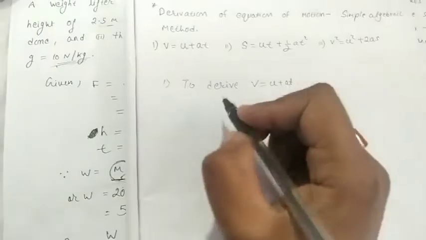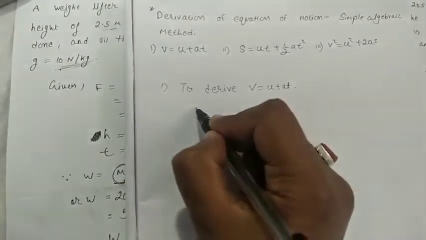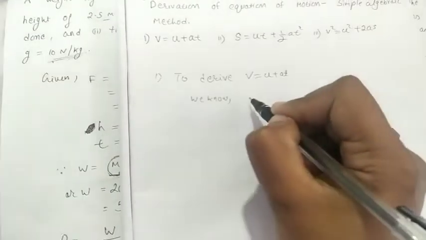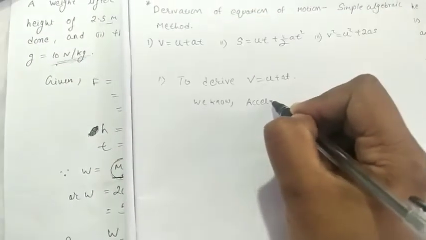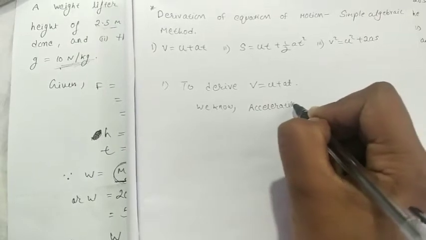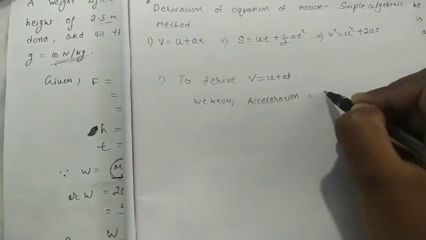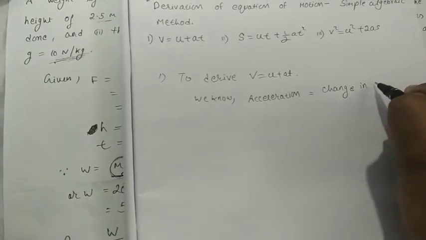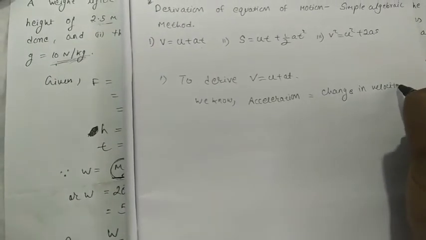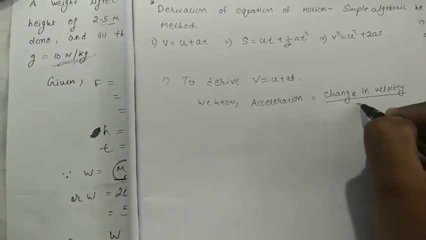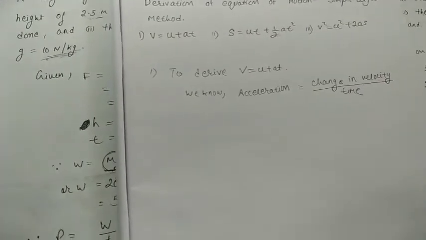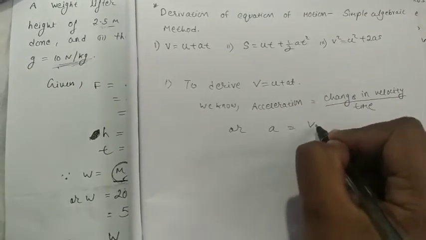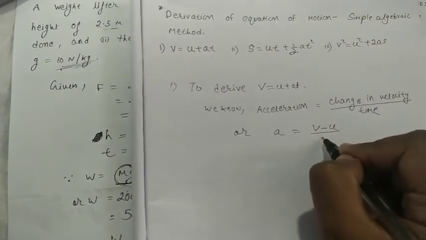So first we'll write down, we know acceleration equals change in velocity by time. If we write in simple form, a equals v minus u by t,